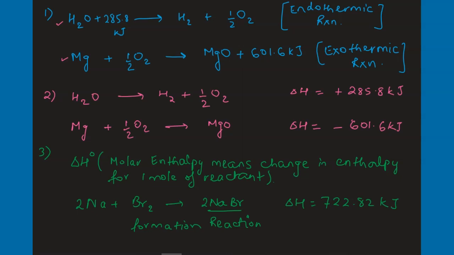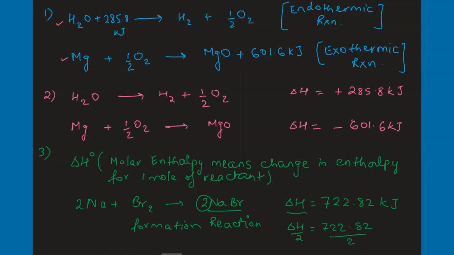This is not for 1 mole. Delta H naught means for 1 mole. So since this is not for 1 mole, I'm just going to write it as delta H. But if I want to represent it as a molar enthalpy, all I have to do is divide this by 2, because I have a total of 2 moles of sodium bromide being formed in this case. I would have to do